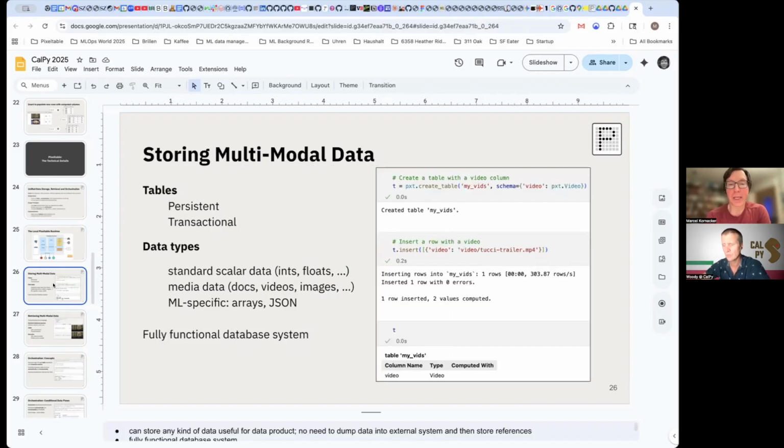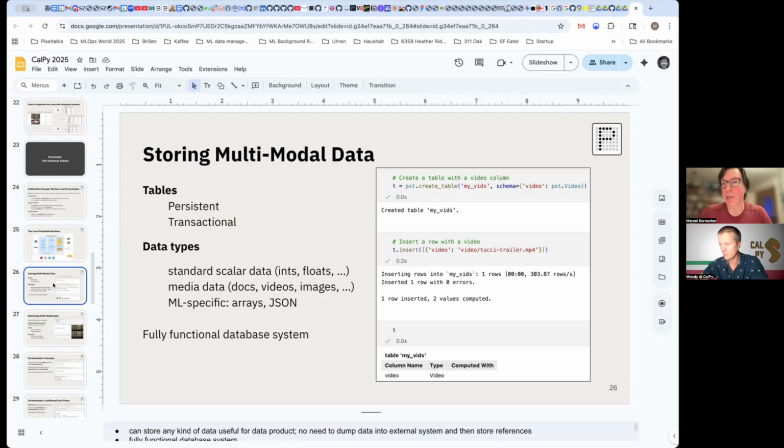So the first thing is, like I said, Pixeltable is at its core a database system that stores multimodal data. And so that means that all data sits in tables, and the tables are persistent and transactional. So it's not like a data frame abstraction like pandas or polars, where you need to figure out where to put the data afterwards or load the data into the abstraction.